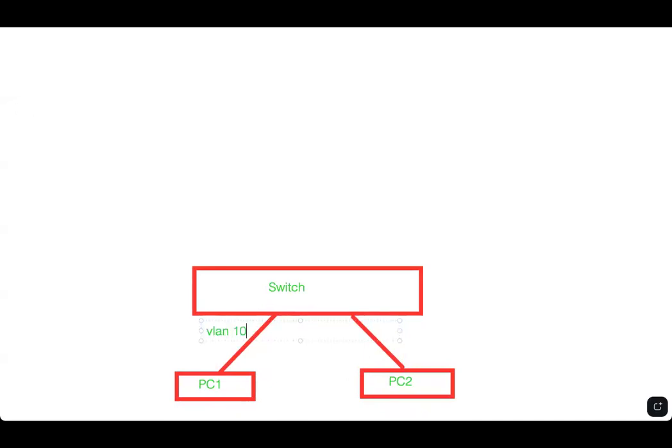Let's say this is in VLAN 10, and this is VLAN 20, and this switch has a connection to